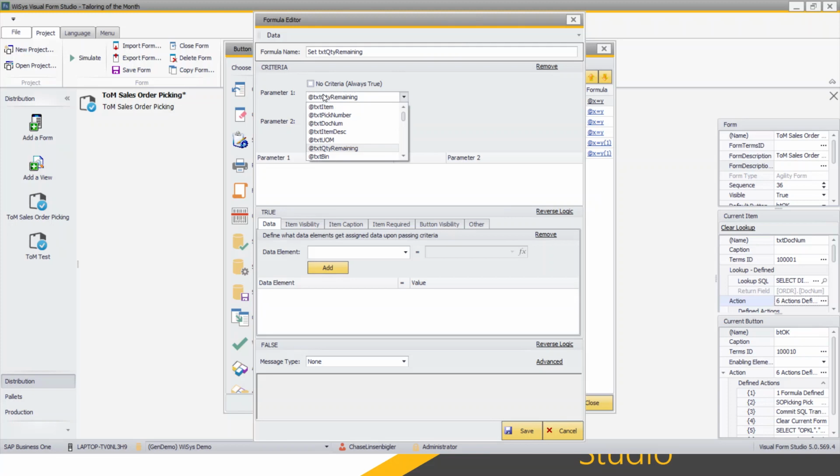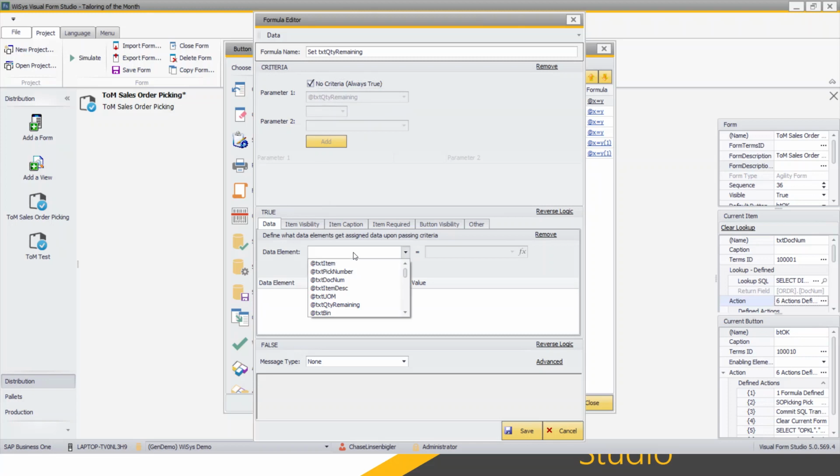Or no, actually, we don't have a parameter in this case. There's no criteria. It's always true. So every single time this formula is going to run. So at the end of the order process, at the order field, this formula will run and do what we're telling it to do. So now what we want it to do is, if it is true, which it's always true because there's no criteria,